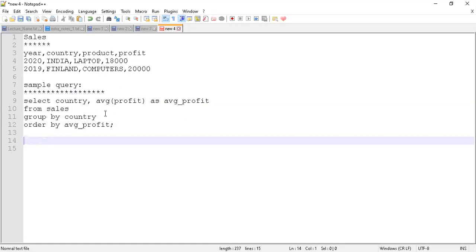Now, what this above aggregation operation does is that it groups query rows, or rows from the table, into a single result row.